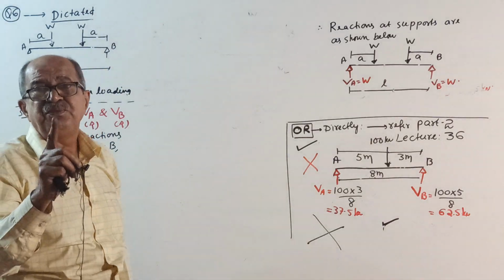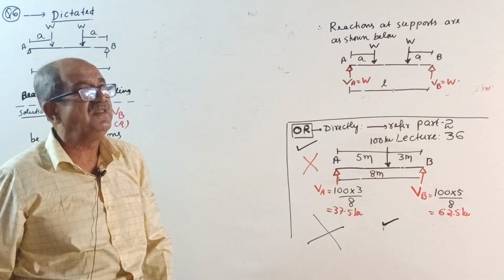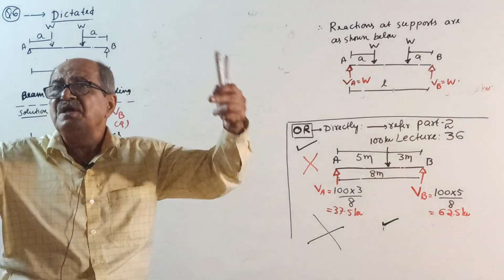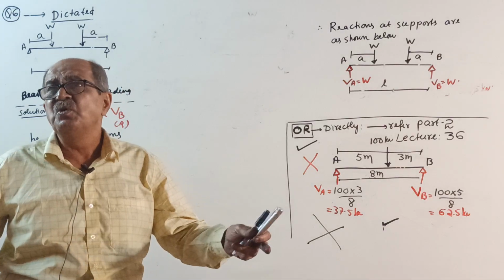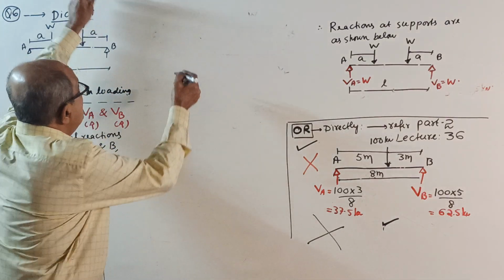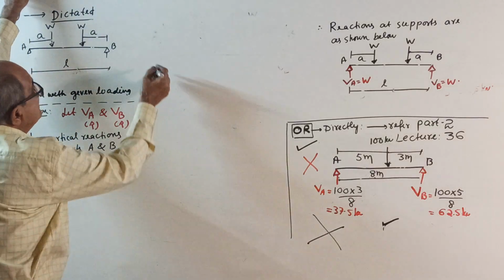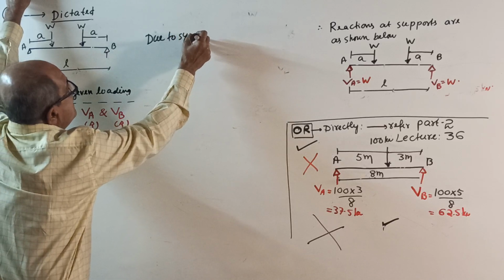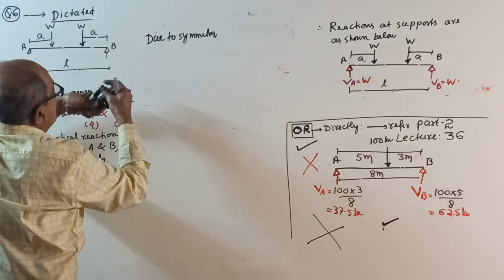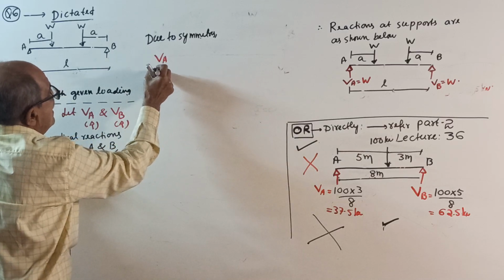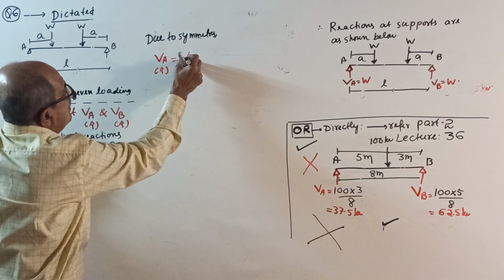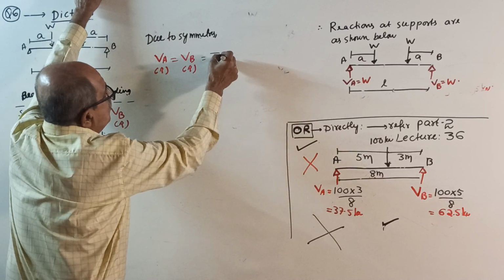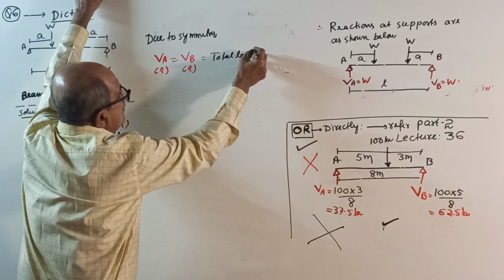Whenever there is perfect symmetry, you don't have to calculate the reaction. The total load is transferred to each support equally, or both support reactions are equal. So I told you, after this statement, no calculation. Right here. Due to symmetry, your reaction VA in upward direction equal to reaction VB in upward direction equal to total load on beam